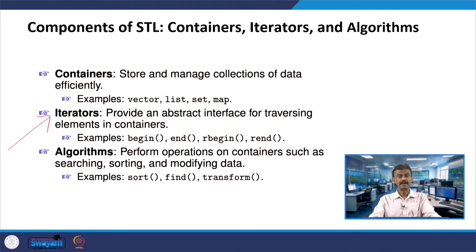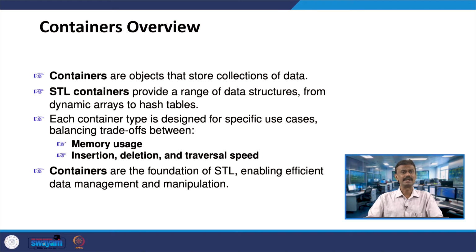So that means the three that we are seeing in this particular slide are the major components of STL: containers, iterators, and algorithms. In fact, we had talked about containers in Python also, if you recall. There we talked about the instances. So here in C++, it is nothing but the objects. Containers are nothing but the objects storing a collection of data. If I take an array object, int a of 10, that means it is storing a0 to a9, so it is storing a collection of data. In a similar way, containers are nothing but objects that store a collection of data.